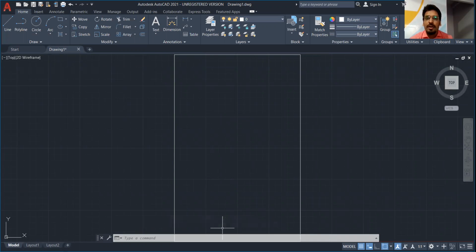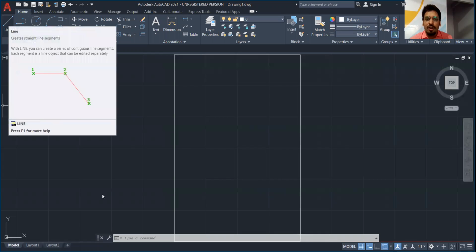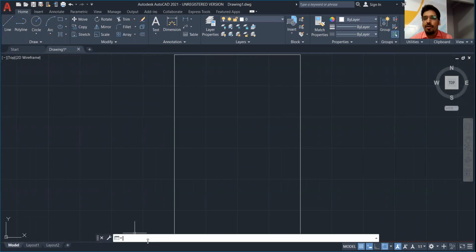Now let's start. First we have to take the line command. There are two ways of taking the line command. Either you can take it from the symbol directly, by clicking on the line command, or you can type it here on the command line. I will take it from here. When you press on the line command,